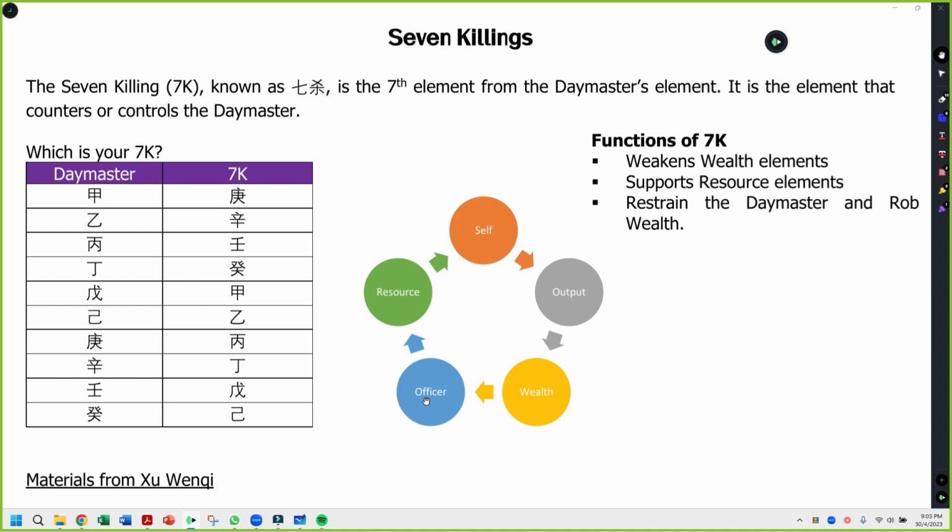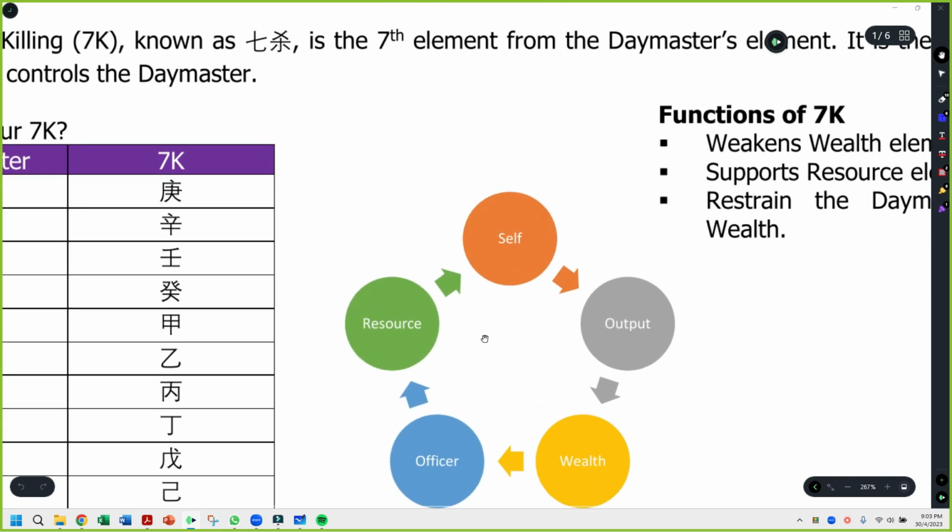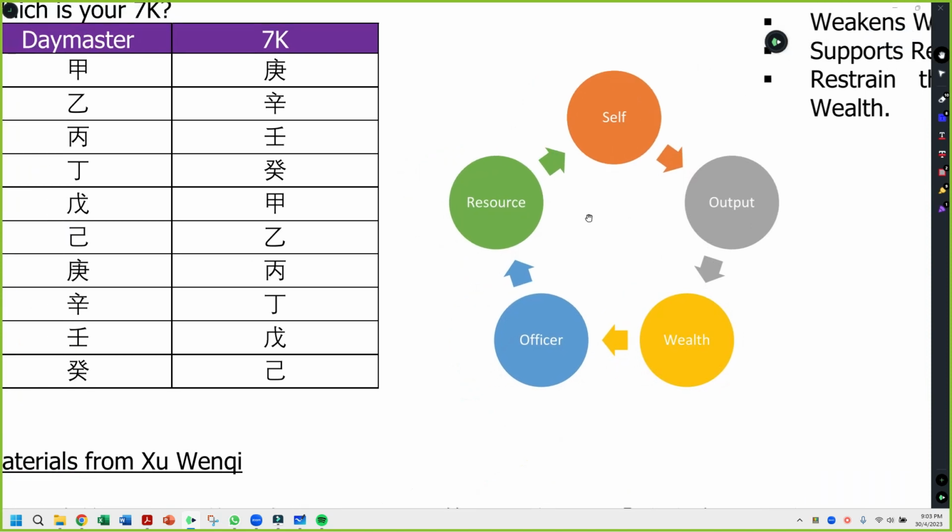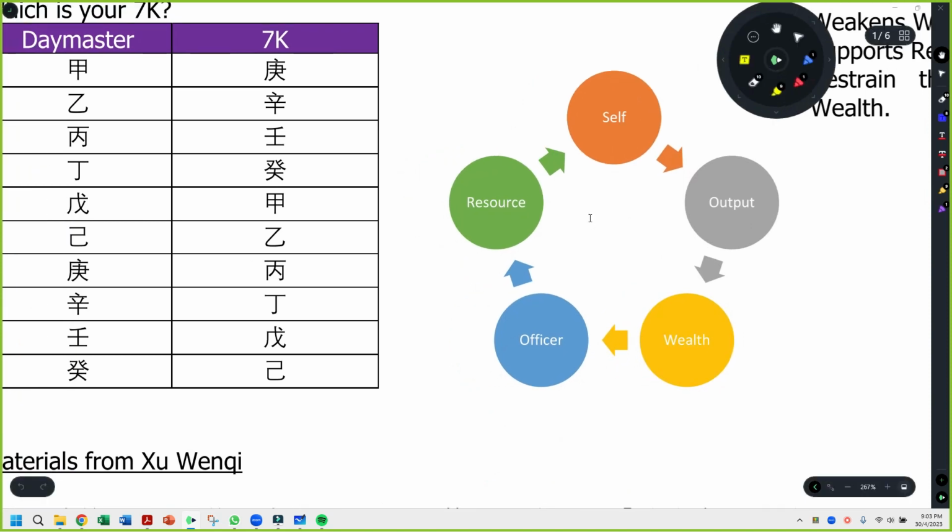So sometimes other literature calls it Indirect Officer, 偏官, or sometimes known also as the Seven Killing. So it's sometimes called the official or partial official star. So in short, that would be the element that controls the Day Master. So as we would expect, Seven Killing, 7K, is an officer star that controls the self. So as it controls the self, it would then be